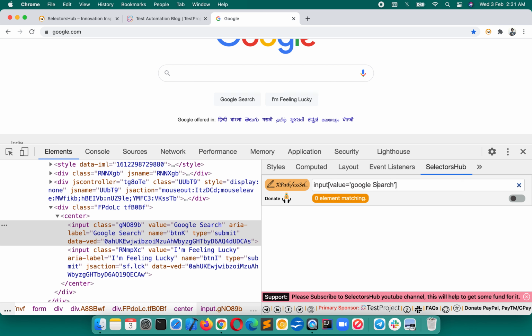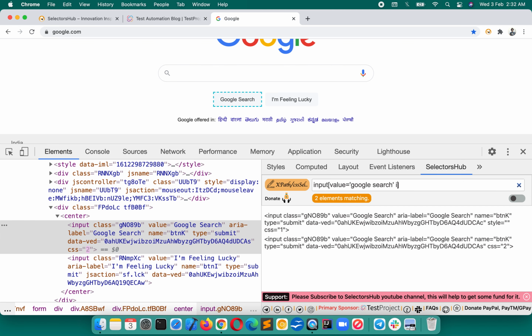In that case you can use I, a very powerful function in case of CSS selector. Just add a space here after the ending value, single quote or double quote, whatever you are using, space, and then type I, press enter. Now you will get the results. So I is for ignoring the case in a CSS selector.